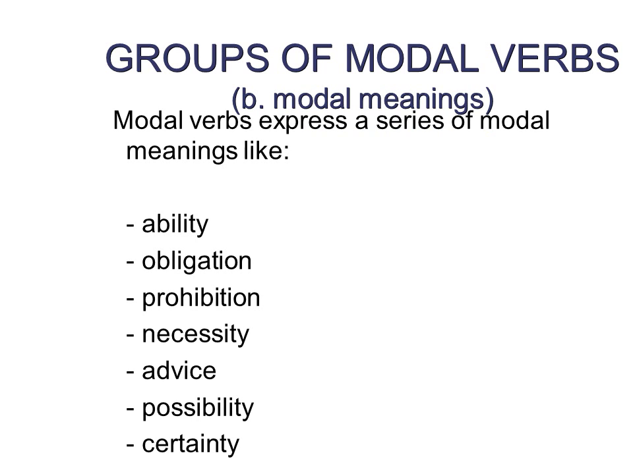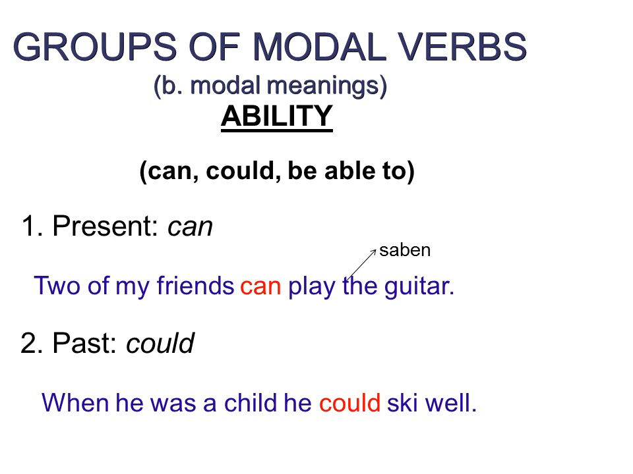So the meanings. Modals express a series of modal meanings like ability, obligation, prohibition, necessity, advice, possibility, and certainty. If we look at ability, we're going to use can, could, and be able to. Can in the present, could in the past, be able to,